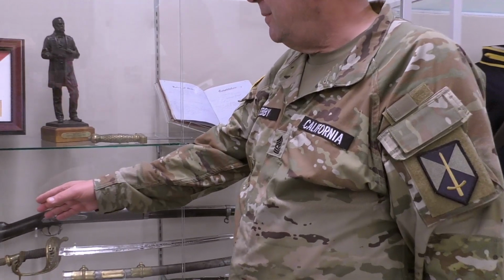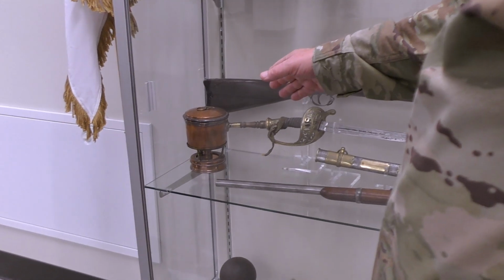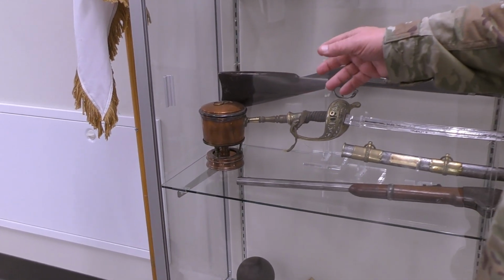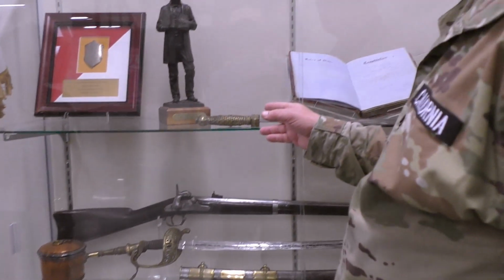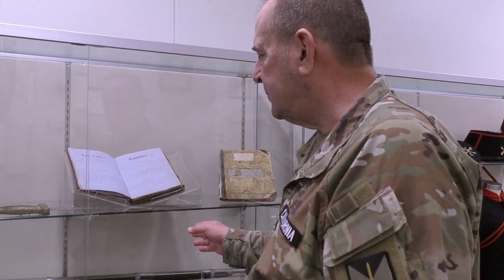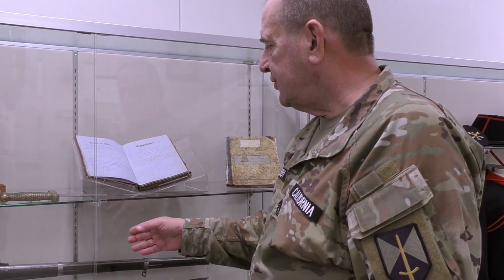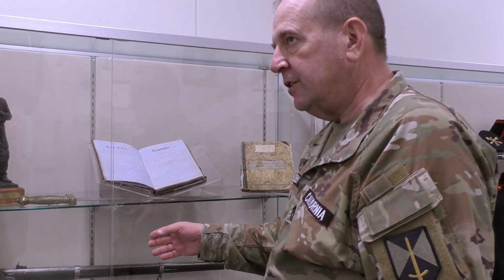Okay, so here we have a British-made field coffee pot. Oh, I would never have thought that's what that was. You used alcohol or whale oil to heat your coffee. An artillery sword, which is not for fighting, it was more to hack away brush. A 1861 Springfield musket, a Spencer carbine, and this sword was presented to Major DeWitt Thompson, who was the commander